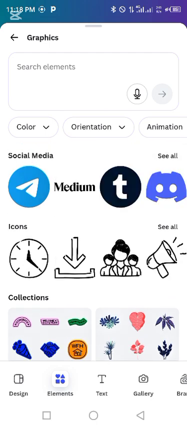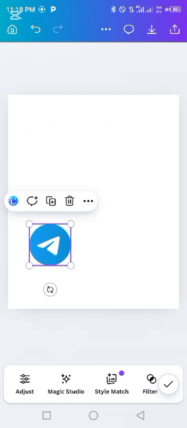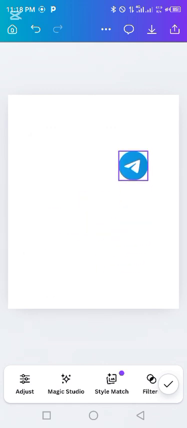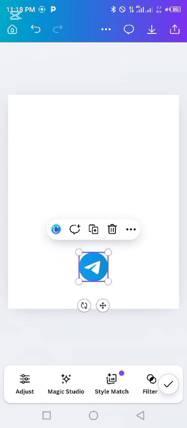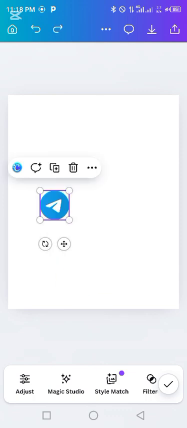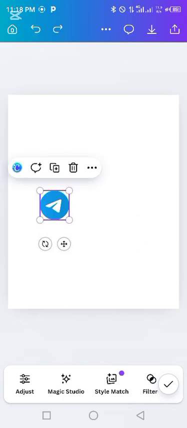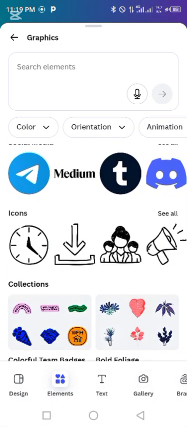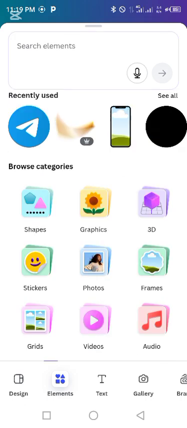Let's say I want this social media one. You see, with one click you can put it, click and drag. This is my phone. Click and drag and put it anywhere you want it to be. And then if you want to go back, look at it, the upside, undo, redo, undo, redo. So that's just it, just to play with it. And let's say you're done with it, that's where you want it to be. You still go, don't forget, to graphics, click on the left arrow,